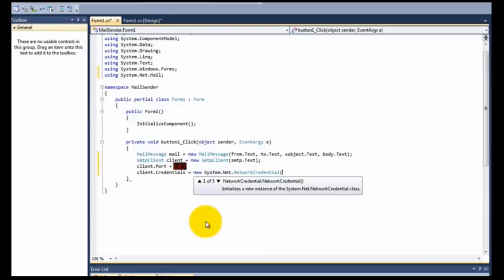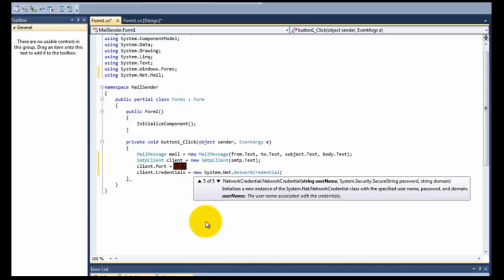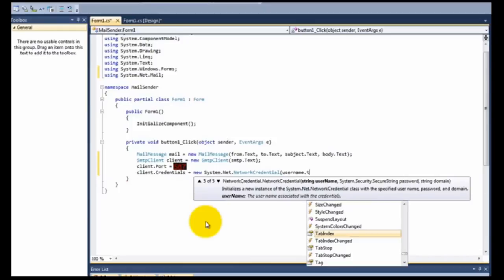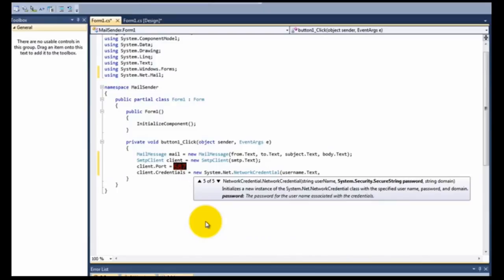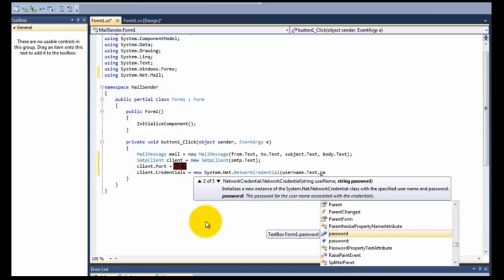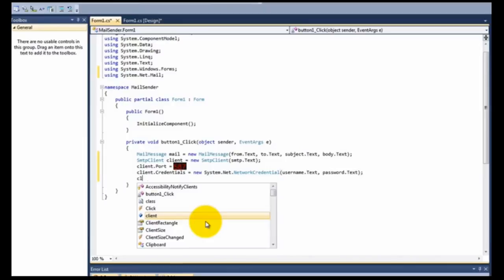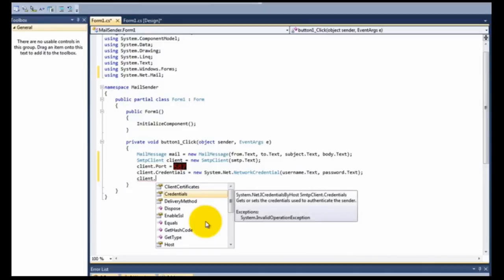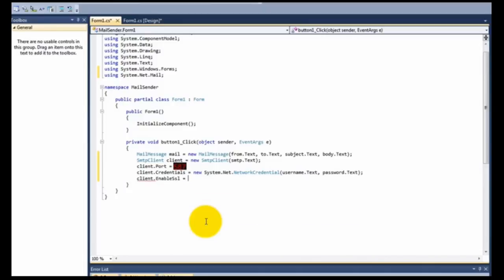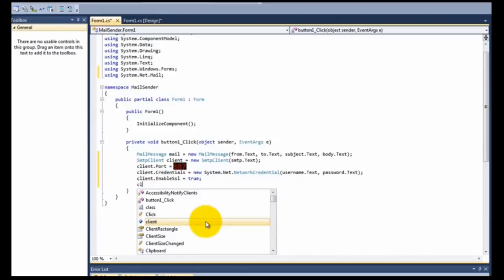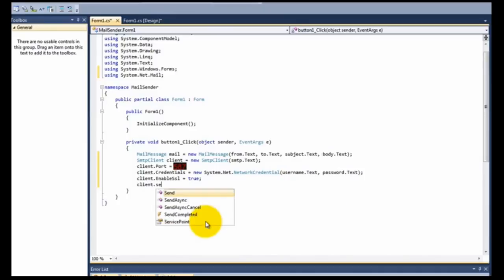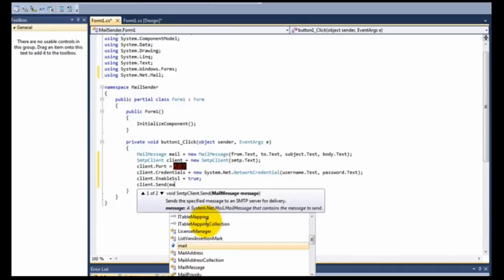Then client credentials is equals to new system.net network credential, and another parenthesis, username.text, then comma, password.text. Another, client.enable ssl is equals to true.